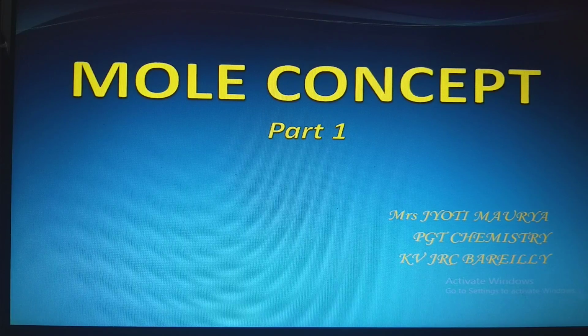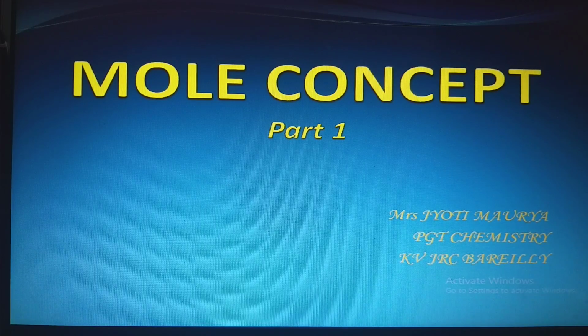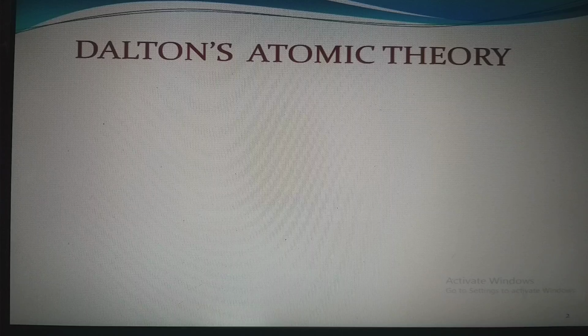In today's session, we will discuss the first part of the mole concept, that is, Dalton's atomic theory and Avogadro's hypothesis. So, let's begin with Dalton's atomic theory. The main postulates of Dalton's atomic theory are